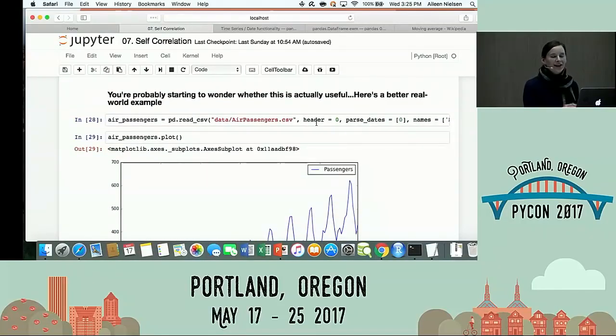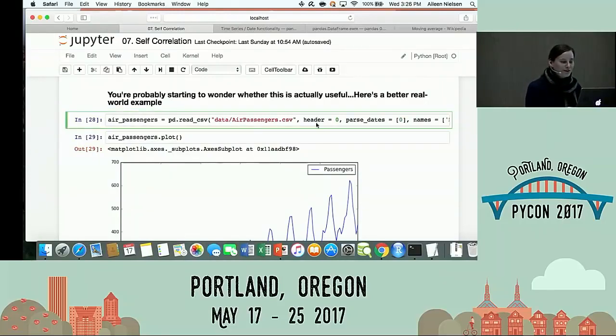Okay, so let's see an example where maybe it's a little less random, right? The stock market defies everybody. If someone figures it out, they'll be a billionaire. I guess there are a few of those, but let's think about something where we have a better sense of why the data is behaving a certain way.